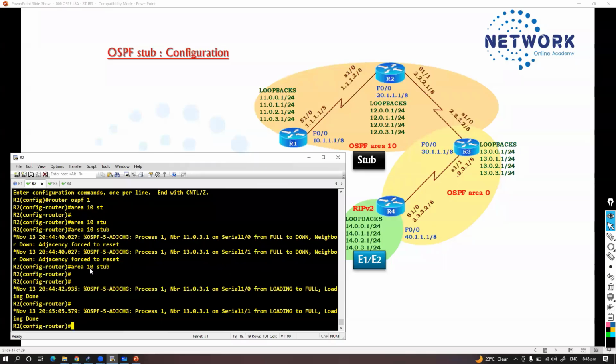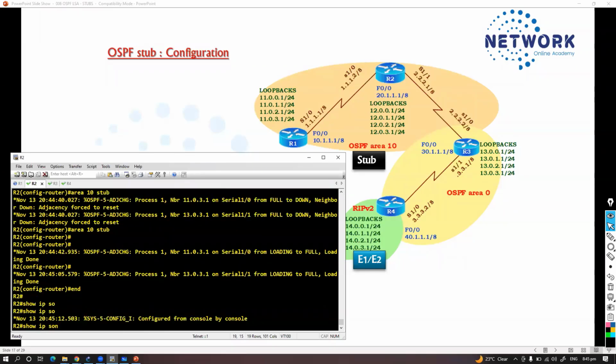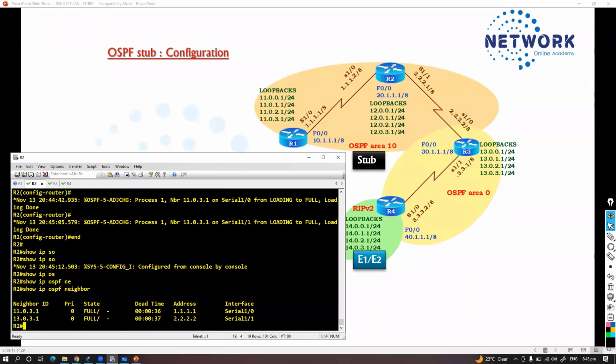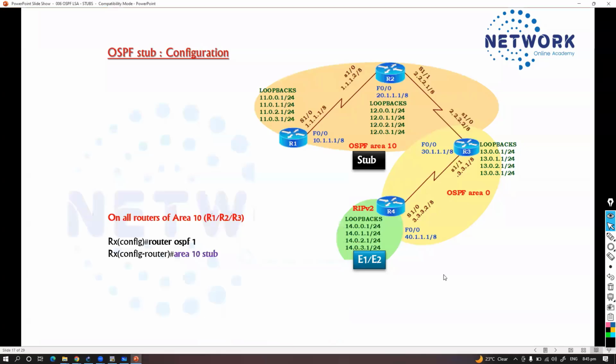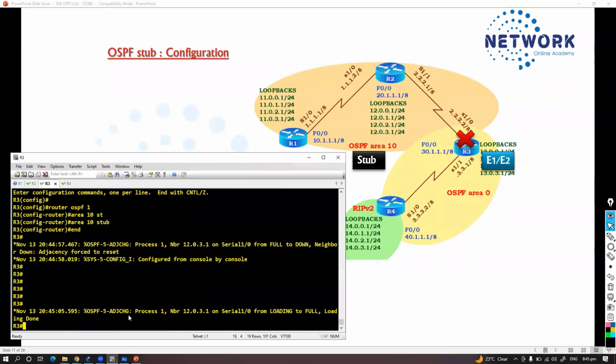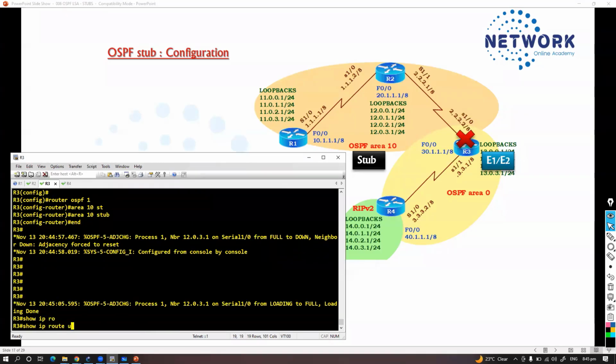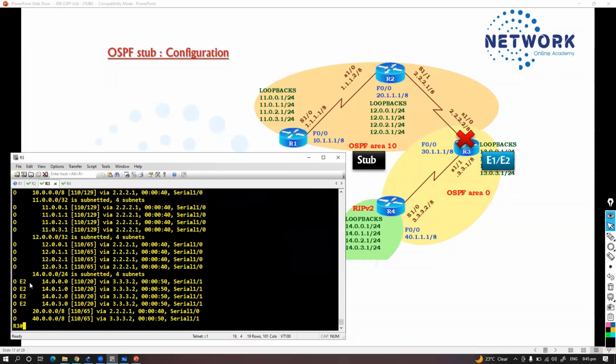At the end of the configuration, you always need to confirm and verify the neighborship, because if the neighborship is down, it has to get back to the previous state. We do have the neighborship with router 1 and router 3. Now if you verify the routing table with show ip route ospf, as we discussed, your external routes will be coming till the border router. In my case, router 3 is the border router, and it is going to stop those external routes, which means router 3 will still have those external routes,